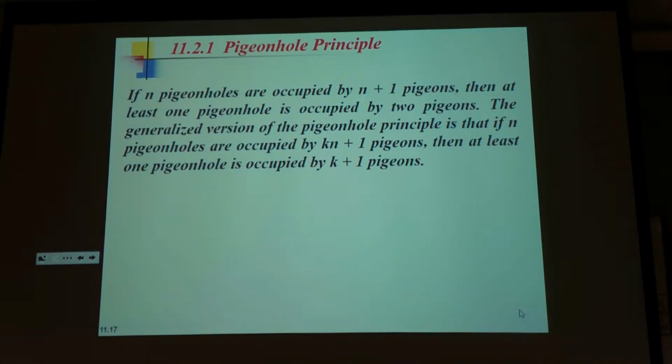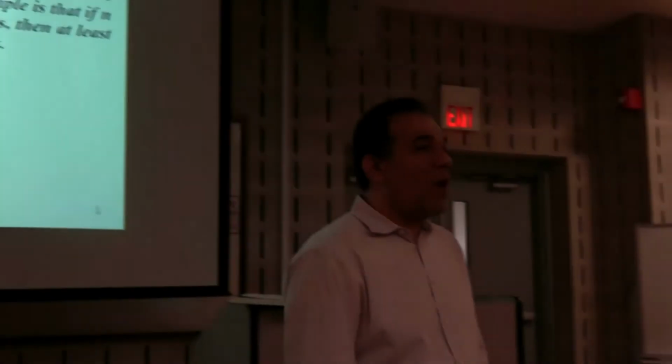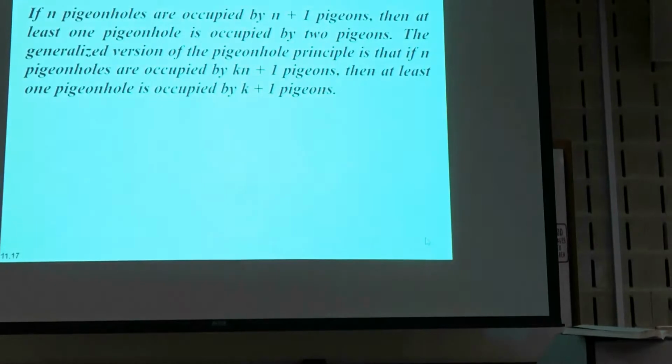What we're trying to say here is that there is a possibility that there are 2 messages for one digest. So think about the digests here as holes, and messages as pigeons. Why? Because the size of the message is much bigger than the